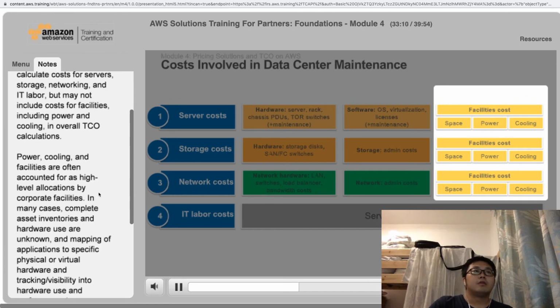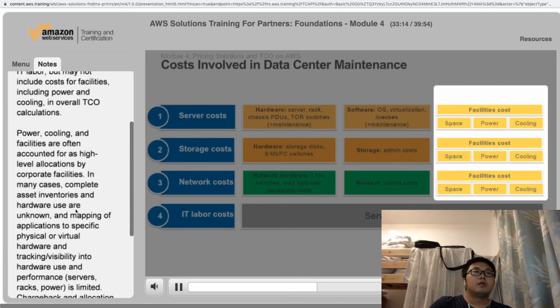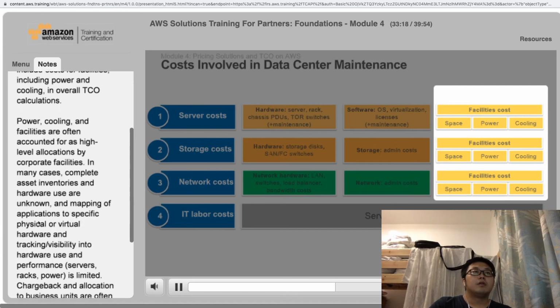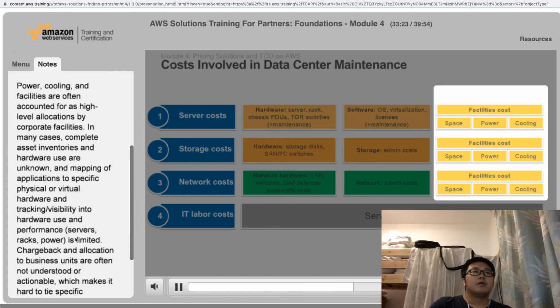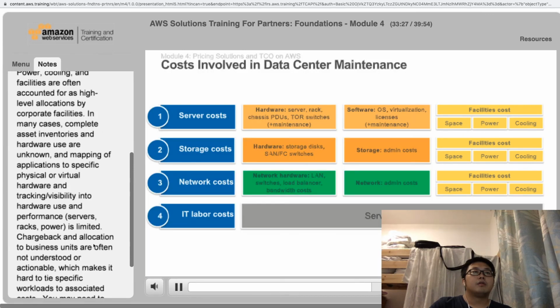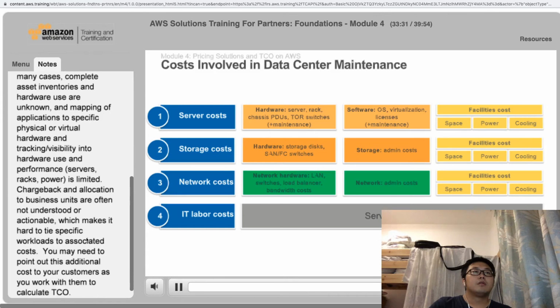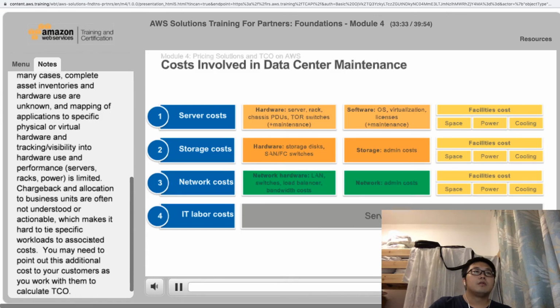In many cases, complete asset inventories and hardware use are unknown, and mapping of applications to specific physical or virtual hardware, and tracking visibility into hardware use and performance, servers, racks, power, is limited. Chargeback and allocation to business units are often not understood or actionable, which makes it hard to tie specific workloads to associated costs. You may need to point out this additional cost to your customers as you work with them